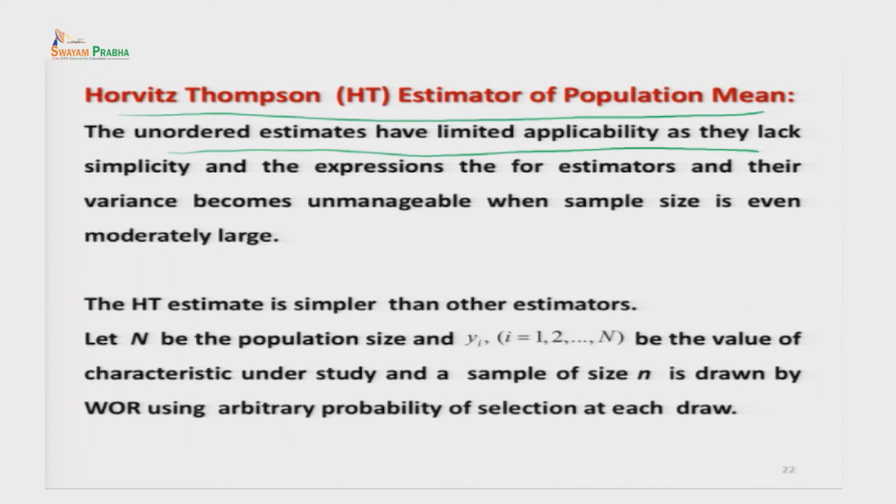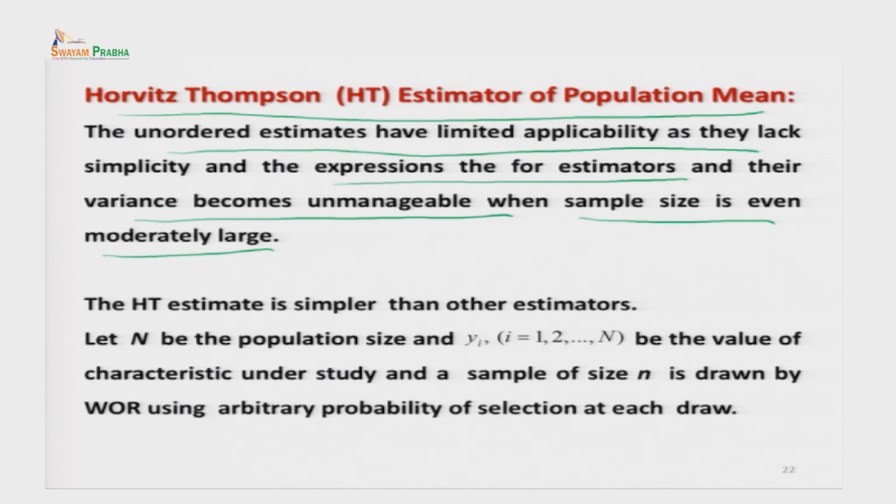When you go for any higher order Desraj estimator, you have to construct all such estimators and then find such an expression, which will really become difficult to handle. The expressions become complicated and their variances become unmanageable, even if the sample size is not so large but just moderately large. So then the Horvitz-Thompson estimator came to help us,